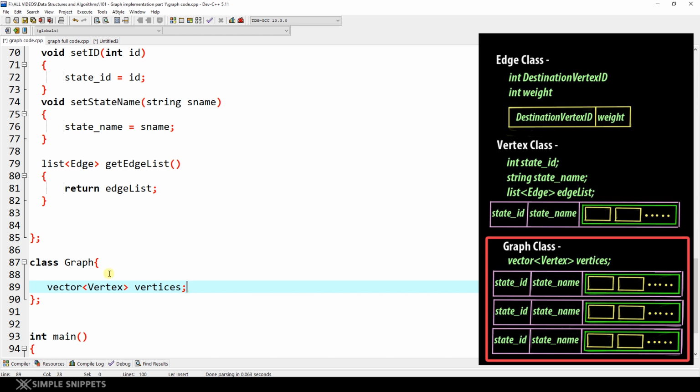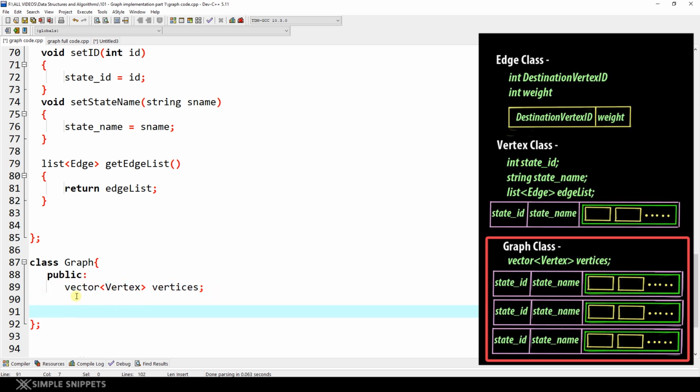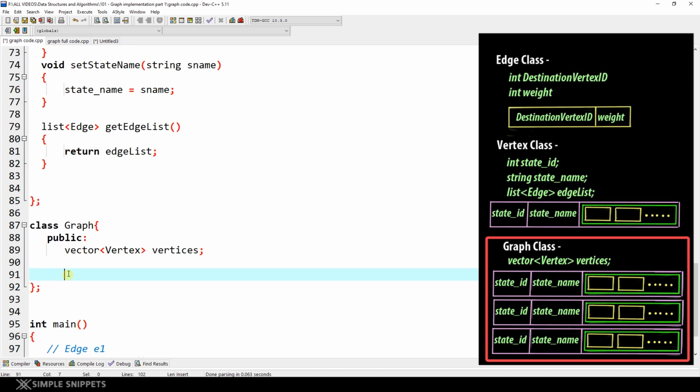Now this has to be in the public category. And after this, inside this graph class is where we will type all the functions, because these are graph functions, right? So they should be going inside the graph class. So addition of a particular vertex, addition of a particular edge, deletion, updation, printing of the graph, all these things we will do over here. So all functions related to the graph, that is all graph operations, will be coded here. Okay.